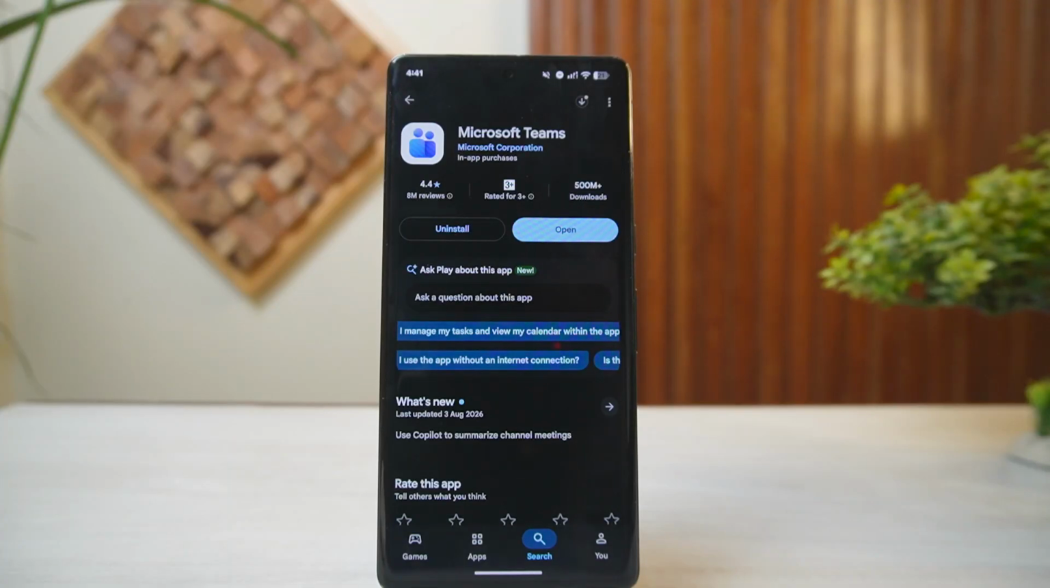How to fix Skype cannot delete message. First things first, the Skype application has been discontinued as of 2025 and has now been fully integrated into Microsoft Teams. So if you are facing an issue regarding